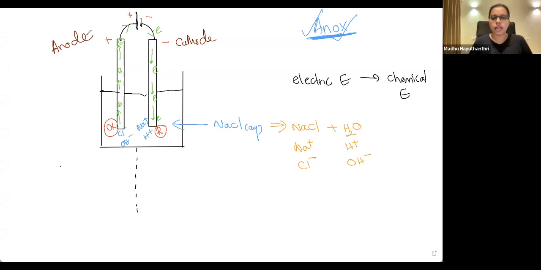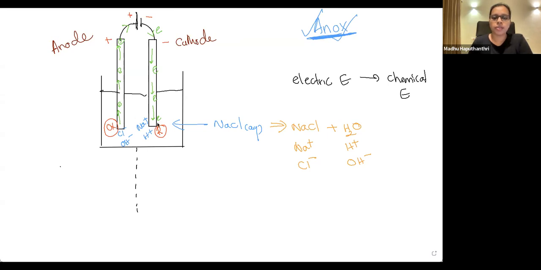Whether this is galvanic or electrolytic or whatever the cell type, anode oxidation. What changes from cell type to cell type is the polarity of the anode. So you can take those things very logically. Now we have to take the reactions. So this is a reduction. The question is also talking about the reduction.